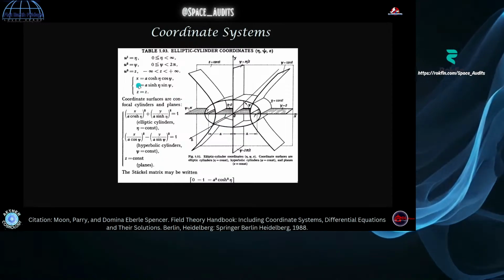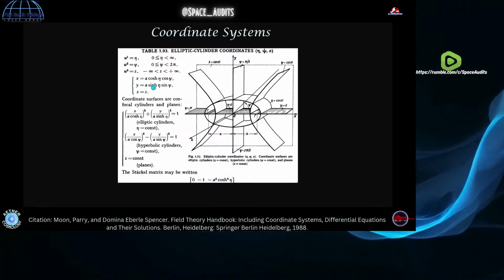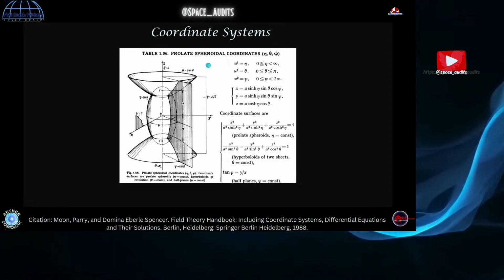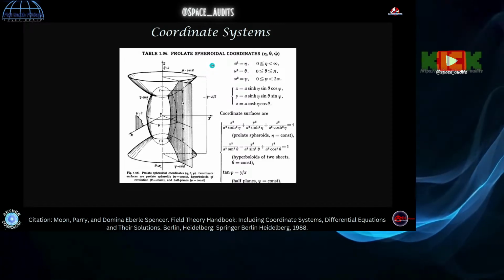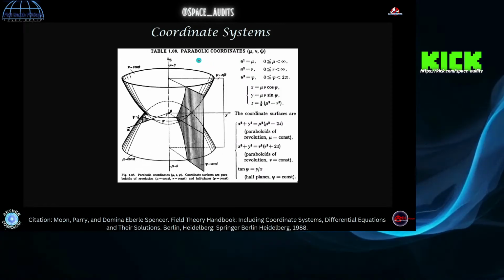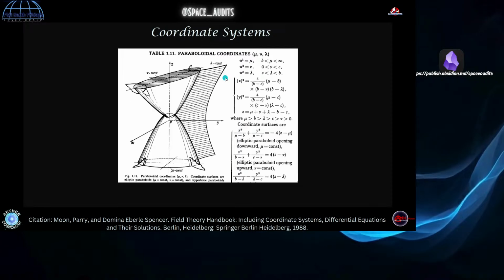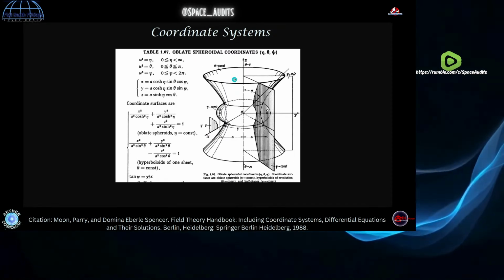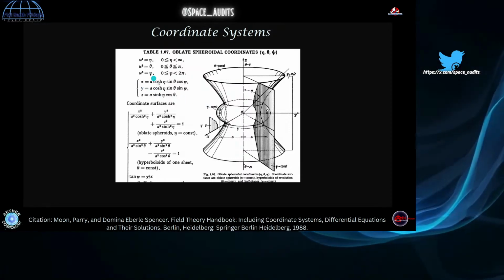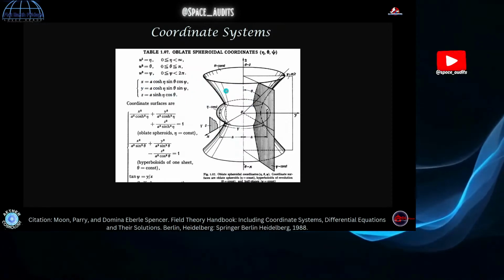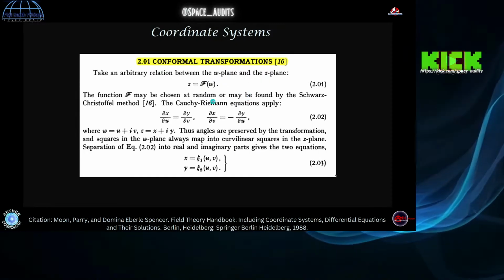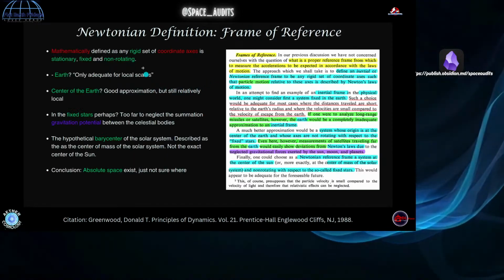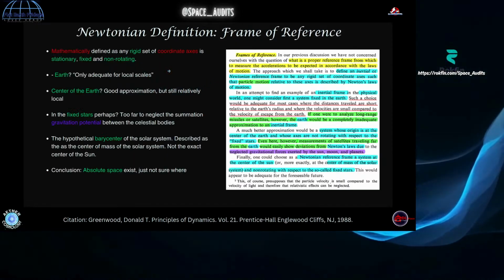So you can always get back to that relationship there. Again, with spherical coordinates, ellipsoid or prolate spheroidal coordinates. Very cool. Parabolic coordinates, conical, paraboloidal, oblate spheroid. Anyway, as you're going through all of these, they're all the same. They're all equivalent. Then he goes over the rules for transforming and all that. But anyway, just to show you the different things that can be described.